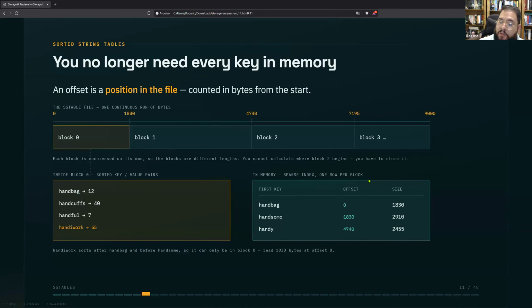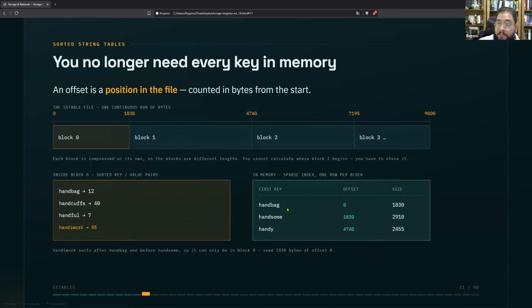So suppose in your query, you want to get the value of the key handiwork. Well, you know handiwork is after handbag because the segments are sorted. And this is before handsome. So you need just to look at block 0. And inside block 0, you need to read each value.